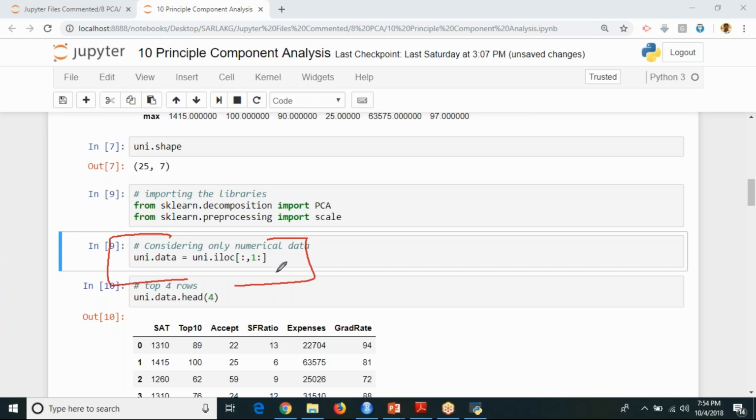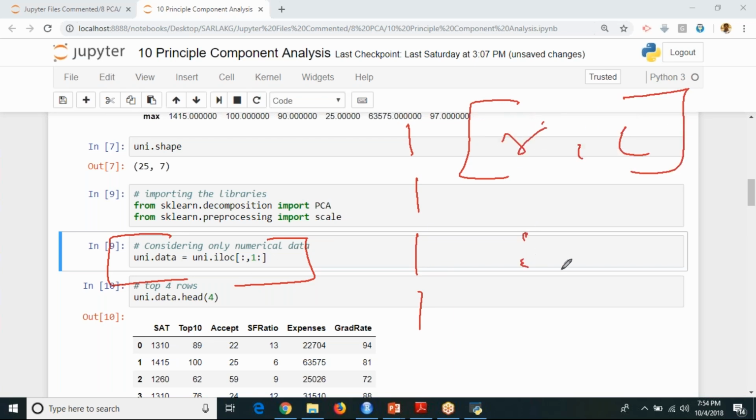Hi, Yogesh. This line of code will omit the first row and it will allocate to uni.data. Yes, it will omit your first column, not first row. It will be the first column part, because I'm writing it as anything written within square brackets, rows comma column. See here, I'm writing it like this.